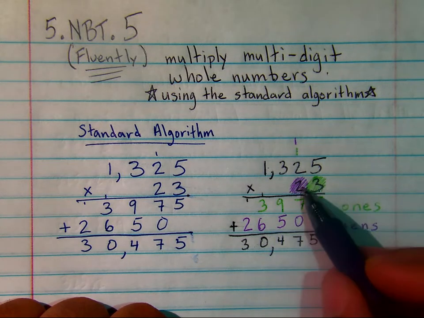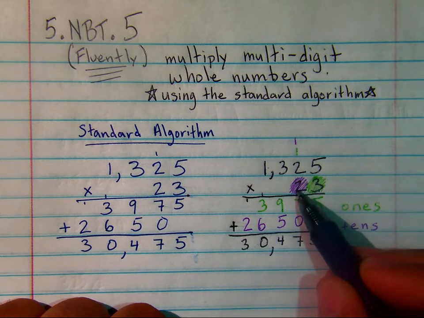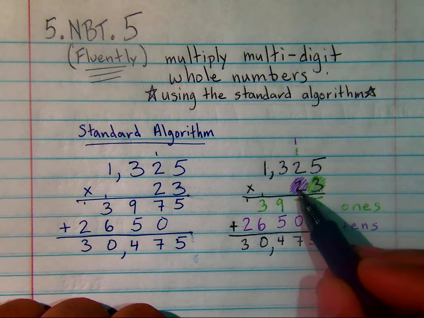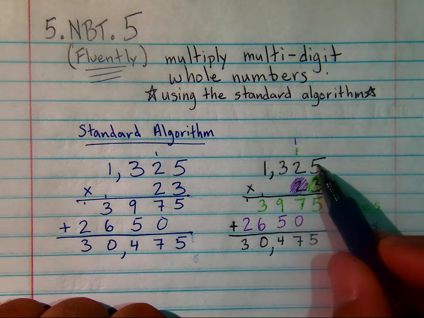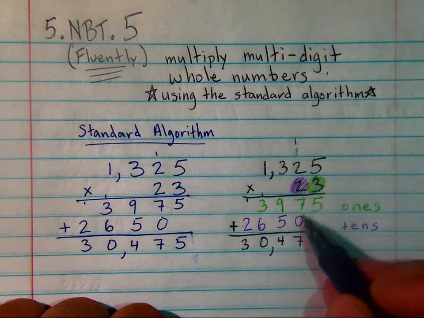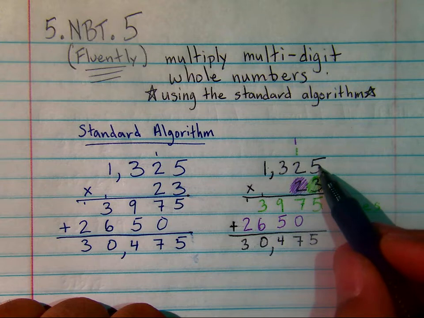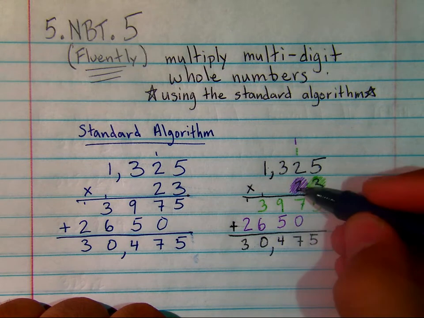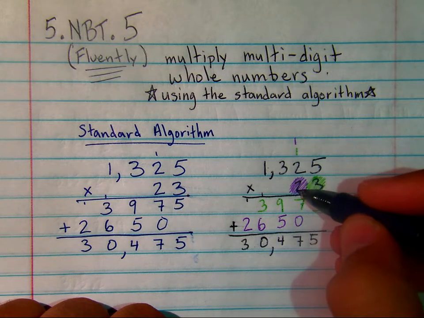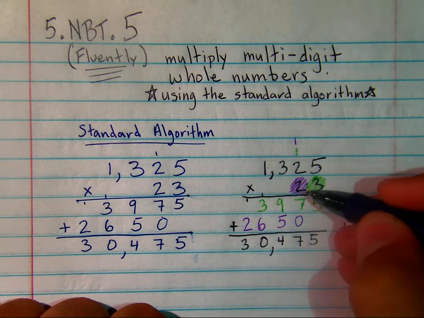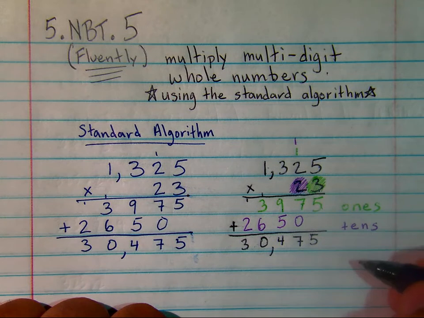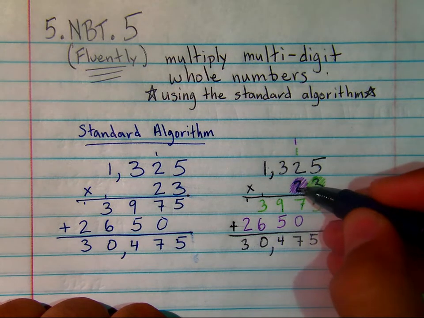can then multiply this tens place times 5 ones is going to get 10 ones. So you put that 2 tens times 5 ones, that's going to end up being 10 tens. And so this is where the confusion really starts to set in, because in fourth grade, when you were